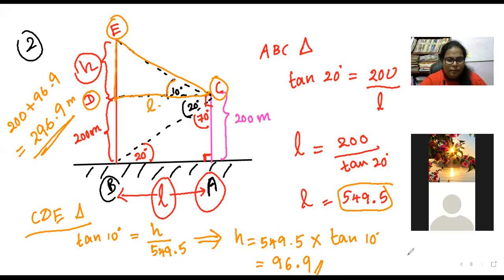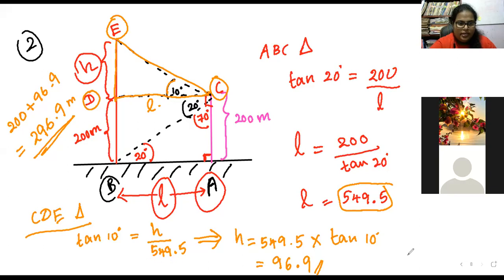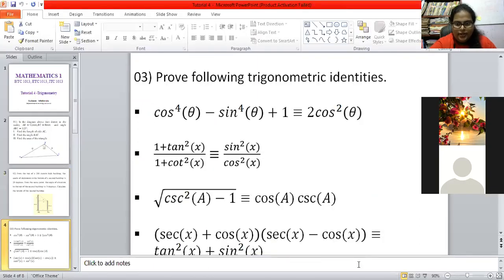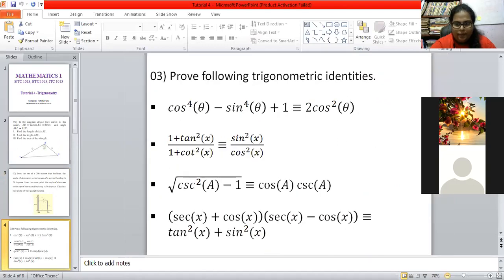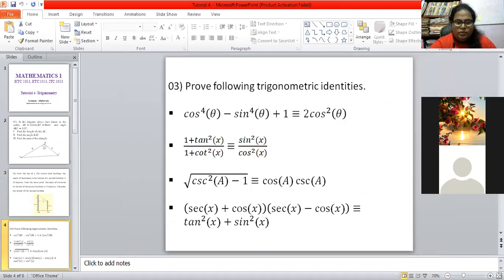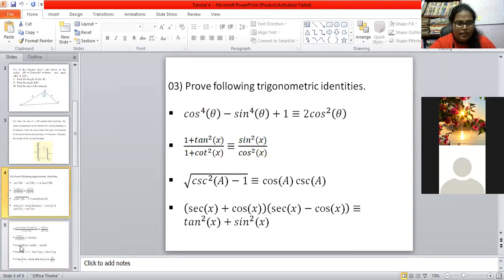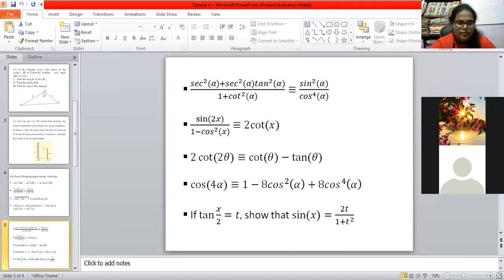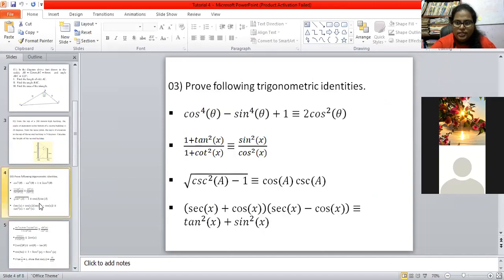It's about proving the trigonometric identities, right? Let me show you the full question here. You have to prove these trigonometric identities here. You have another page also, another slide. So you know that this is not the equal mark. There are 3 lines, that means